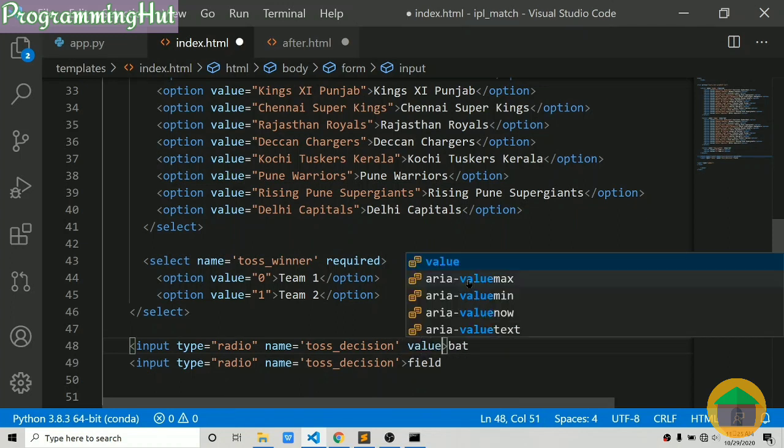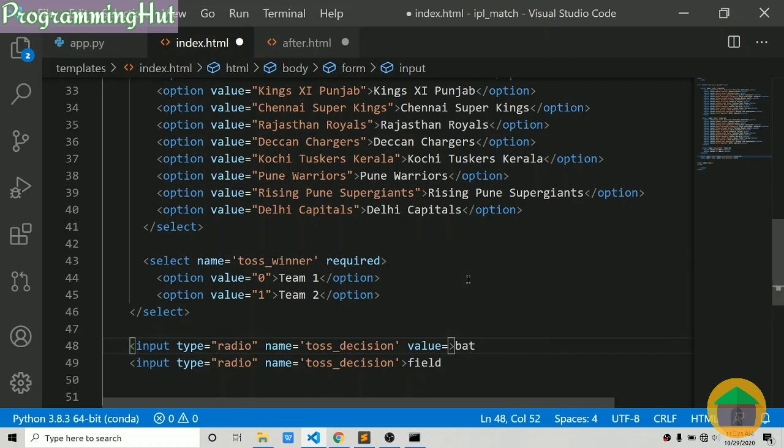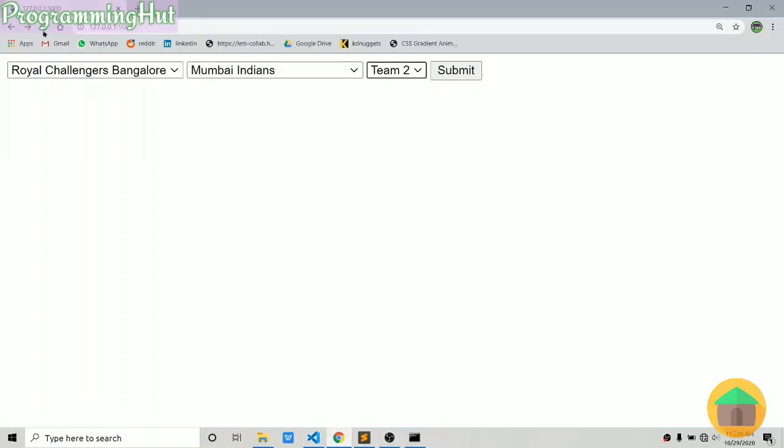For batting, I guess we have used 0 in our encoding part of part 1. So whenever the user chooses to bat, it is going to send 0 to our app.py. Instead, whenever the user chooses field, it will send 1 to app.py. Let's save this, and over here we have our field also.